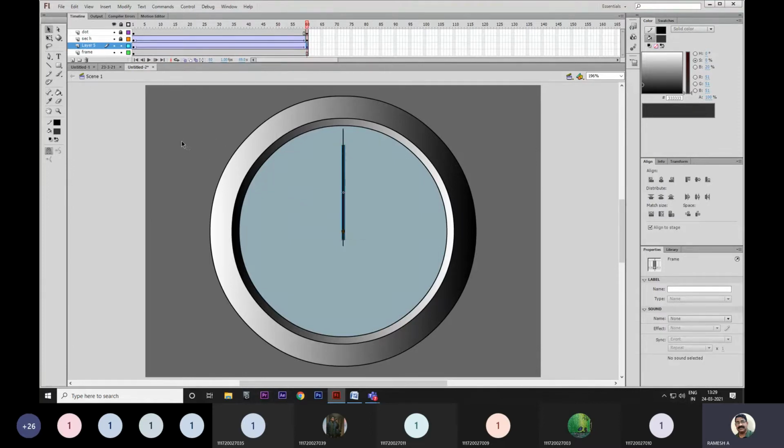Okay, as usual, the way you applied the rotation for the seconds hand, we will apply the same way for the minutes hand also. How to give the rotation, tell me. Can you see the rotation option in the properties?